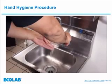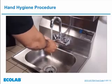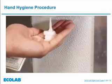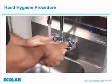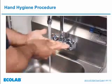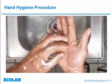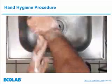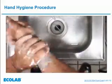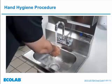All right, so start by turning on the water, rinse your hands, and then apply soap. Rub your hands together for 10 to 15 seconds, and this is where a lot of people go wrong. They don't wash their hands for long enough. Make sure you rub your thumbs, scrub your palms, and wash between your fingers, and pay special attention to the wrist area. Rinse your hands, and then